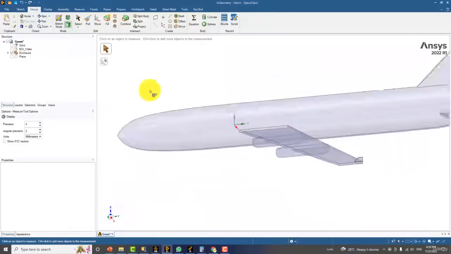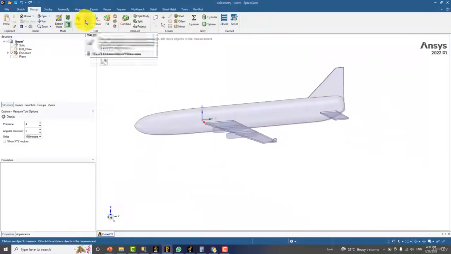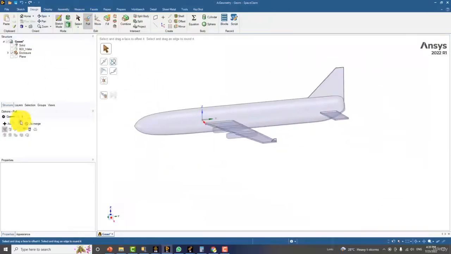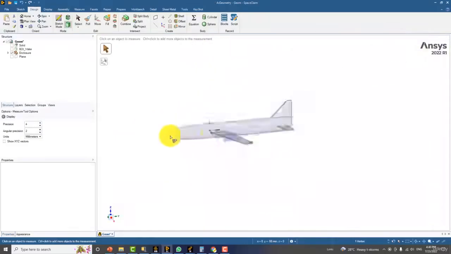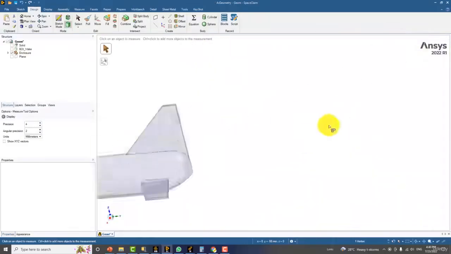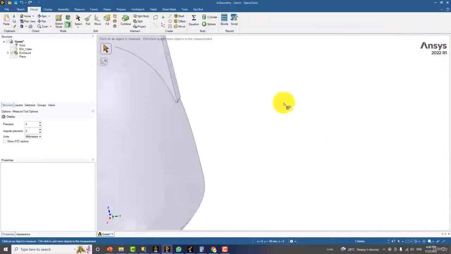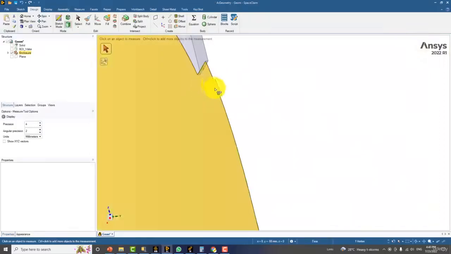And here, if I go to the Pull command, I can use a measure tool and just select one point on the fuselage on the upstream side and one point on the downstream side. This can be anywhere. And this is around